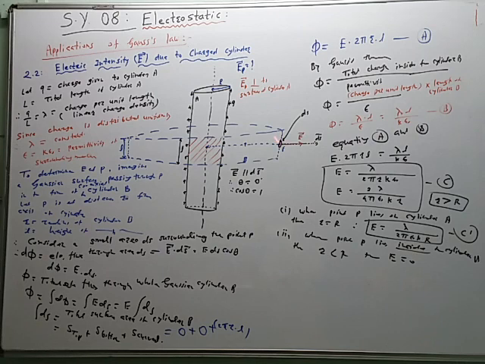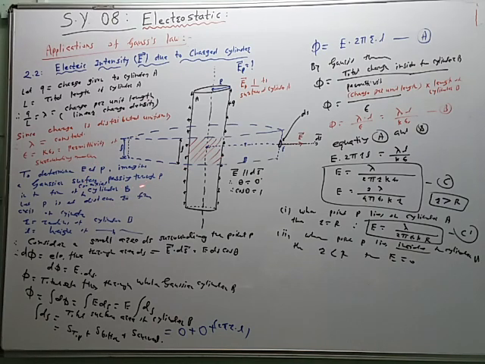And these charges are stationary. By the property, the intensity is always directed normally away due to the positive charge. So intensity is making an angle of 90 degrees. So intensity is perpendicular to the surface of the cylinder A. So we know the direction. Now we need to determine the magnitude. So to determine E means magnitude without arrow.